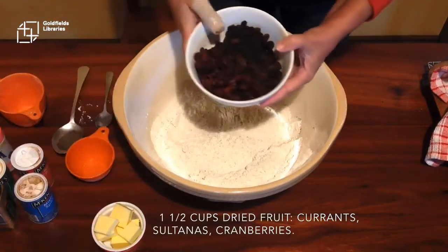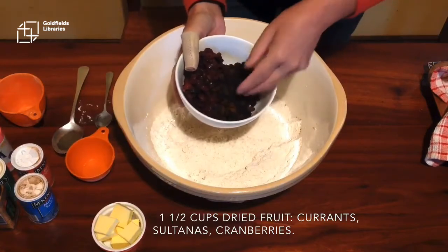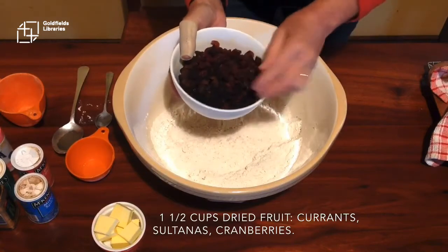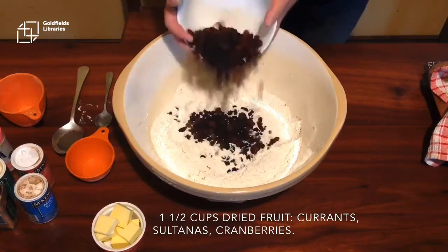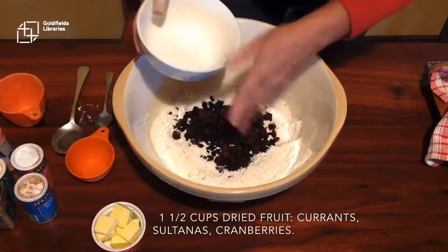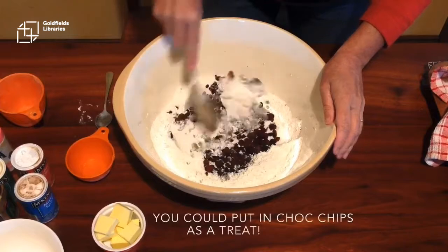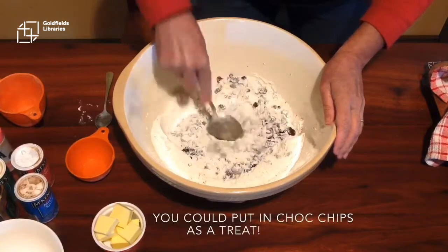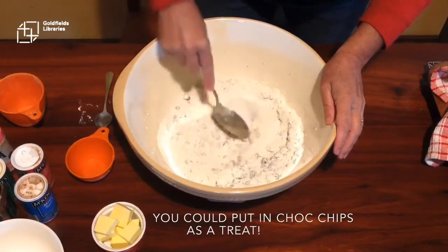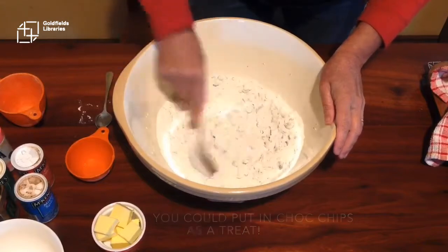Now I'm going to put in my dried fruit. I've got little tiny currants there. I've got some sultanas and I've got cranberries, which I really like. So they're going to go in. And they go. And whoops, last little one. But you could put in chopped apricots or any other dried fruit that you like. Alright,